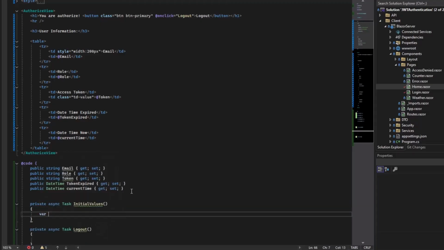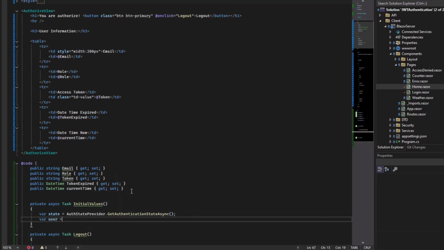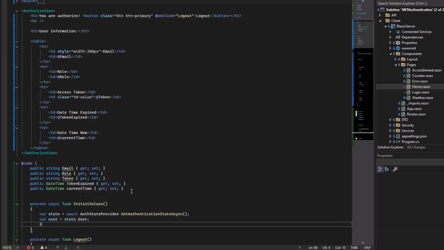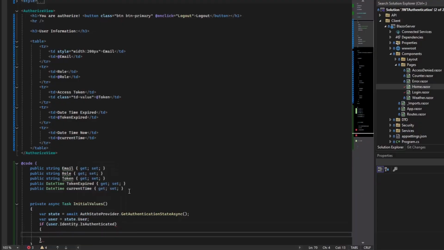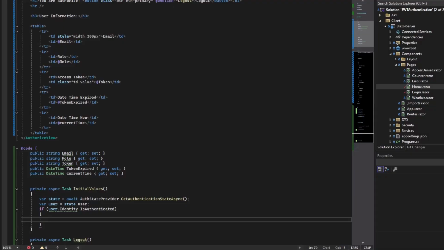And we are getting the state in here, auth state provider, GetAuthenticationStateAsync. Basically we are trying to get the current user. For the user state, use, oh, I need to await it. User. Okay, nice. If the user identity is authenticated, then we will populate these values.